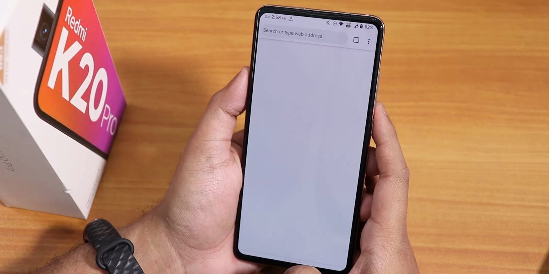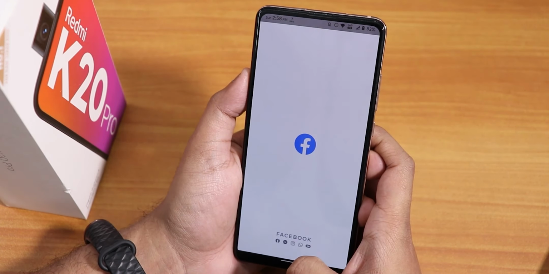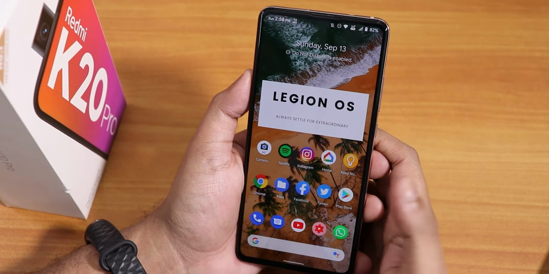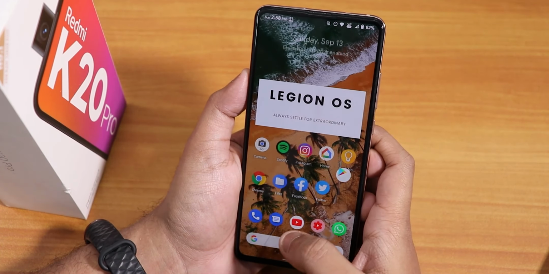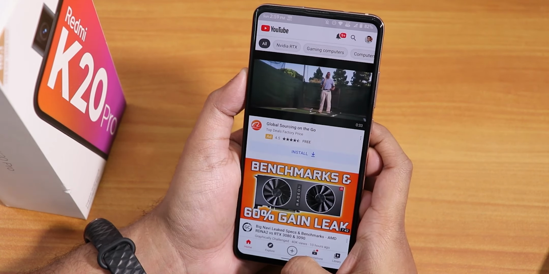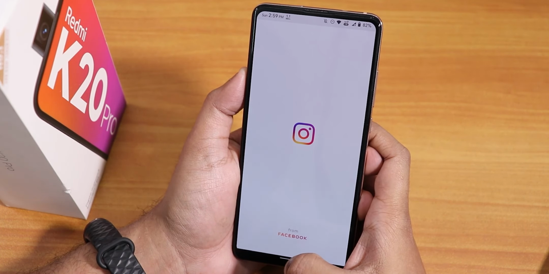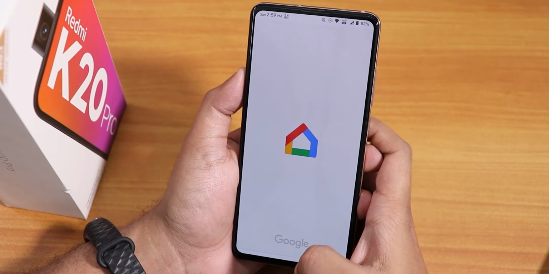Now let me just quickly open some of the apps and show you guys the app opening speeds and the RAM management over here. Now let's open Twitter, Play Store, YouTube. Now let's open Instagram. Now let's open this Google Home.